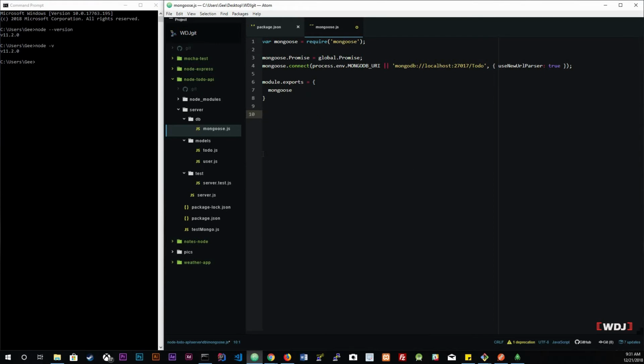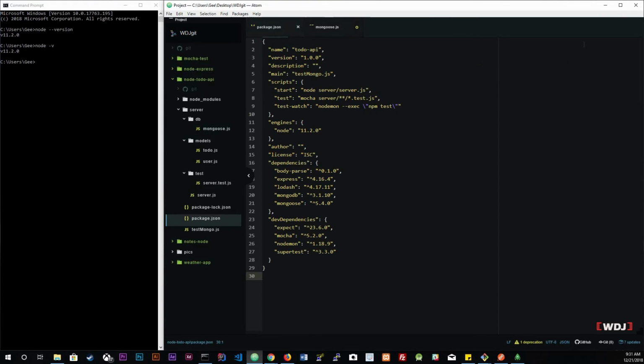So first things first, we are going to have to go to package.json and do a little configuration here, in this test script, because we want to set that node environment variable to test when we're running Mocha. So in here, this is going to be kind of iffy. The reason why is because Apple or OS X and Linux people, you're going to type this in: export NODE_ENV